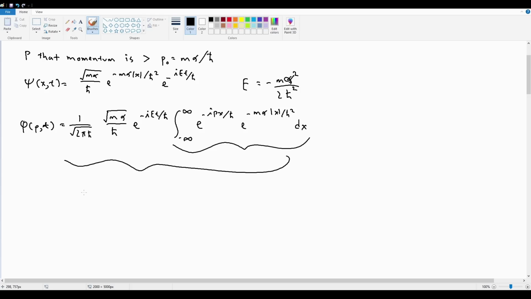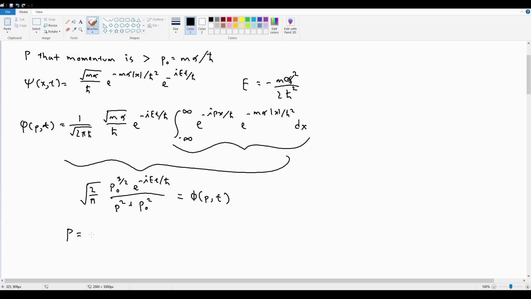So this whole thing is going to eventually end up equaling the square root of 2 over pi multiplied by p naught to the power of 3 halves times e to the negative i E t divided by h bar, divided by p squared plus p naught squared. So if this is equal to phi of p comma t, we're trying to find the probability that our momentum is in some given range, specifically greater than p naught. According to the generalized statistical interpretation, what we're trying to find is basically